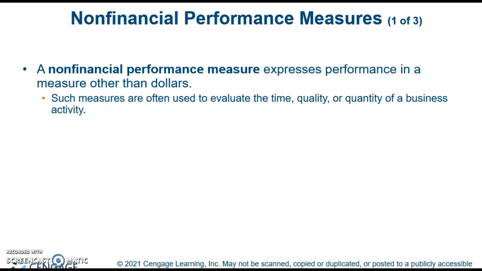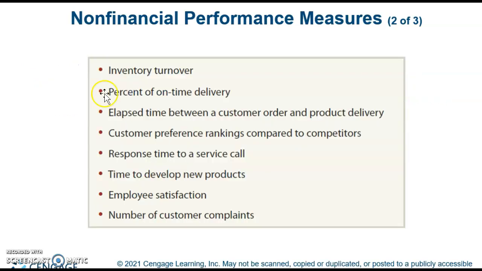Some non-financial performance measures that are important to management: for example, inventory turnover, how quickly you're selling your inventory; percent of on-time delivery, what percent of the time do you deliver on time; the elapsed time between a customer order and product delivery, how long it takes between the time you get a customer order and you deliver it; customer preference